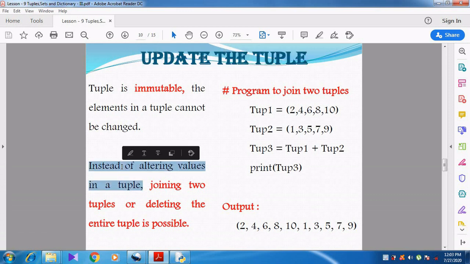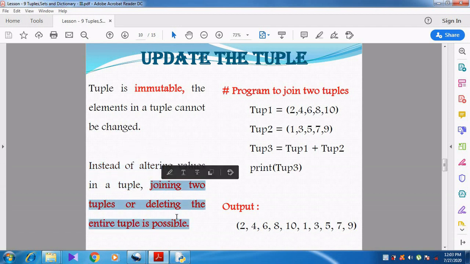See here, instead of altering the values in the tuple, joining two tuples together or deleting the entire tuple is possible. You can delete the entire tuple, or else you can join another tuple to an existing tuple.